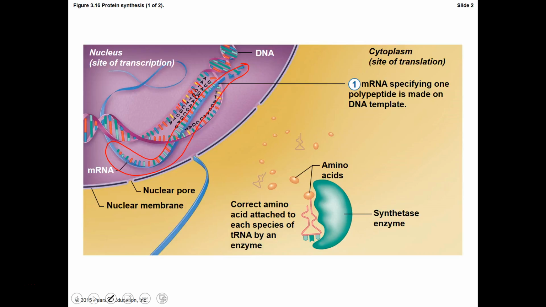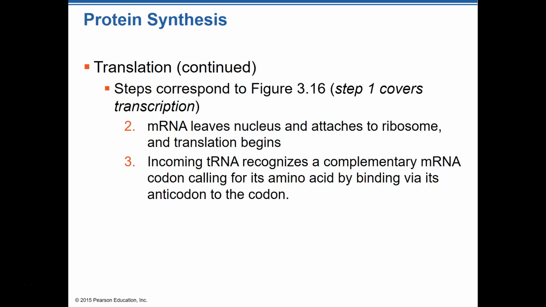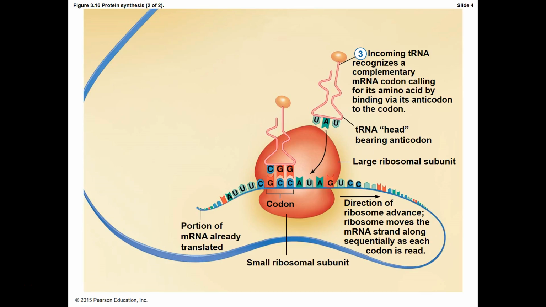This is going to be RNA when it's done, and it's called mRNA, which stands for messenger RNA, and it's going to come out of the pore of the nuclear envelope. And of course that's part of the translation, the messenger RNA, and then it's going to get to